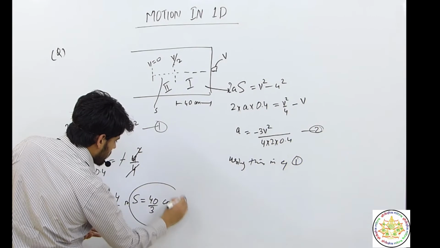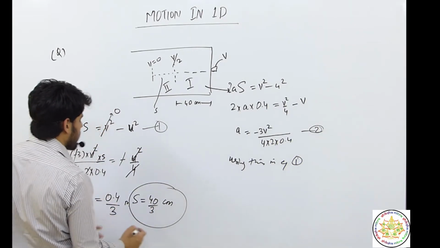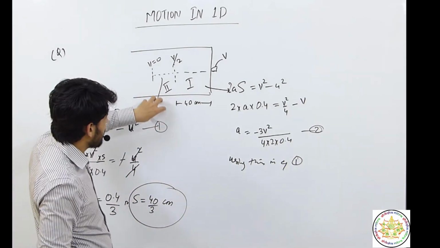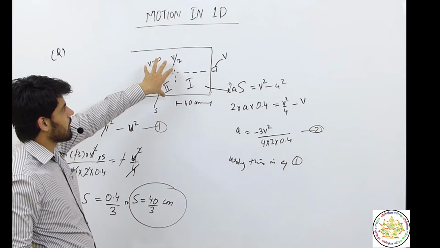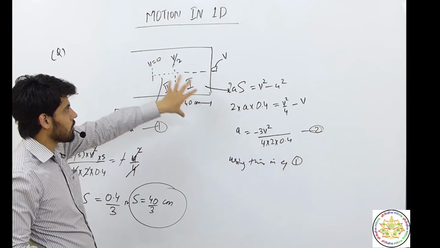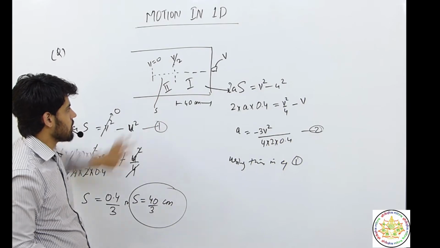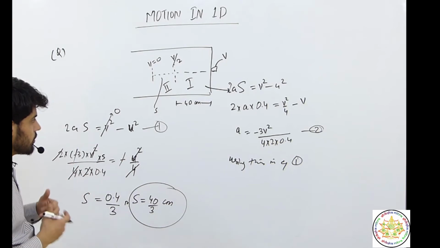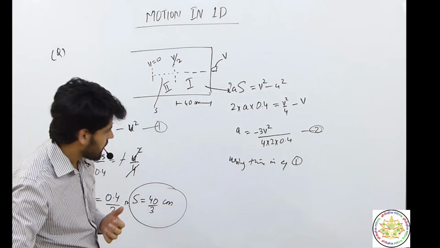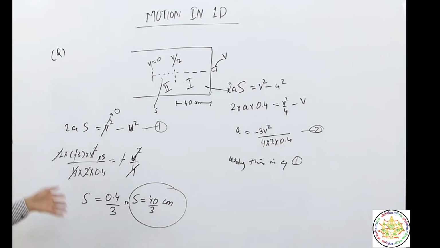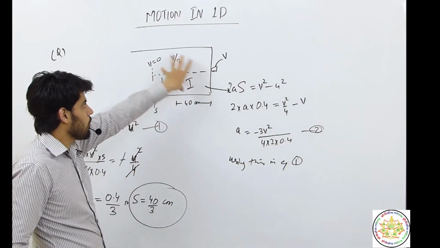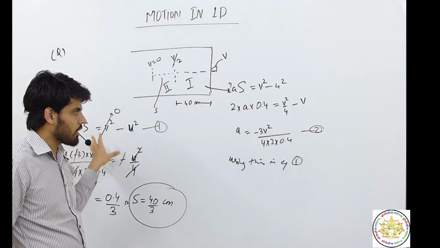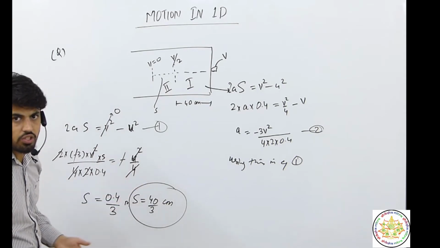centimeter. So this is the answer. If it is in fraction then it is okay, if it is in numerical you can also calculate this. So this is the distance covered by the bullet after attaining half of its initial velocity and reaching rest. These types of questions are generally asked not only in NEET but also in JEE Mains and many competitive exams. The phenomenon is just simple: try to resolve the whole case into 2 equations, and that's it. Put whatever you require in the second equation and then it's easy to reach the solution.